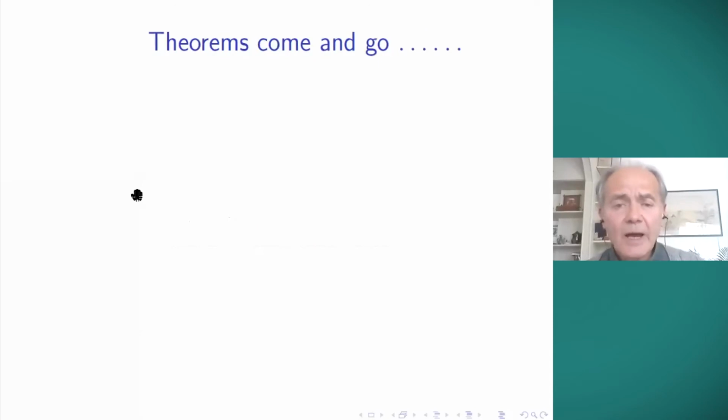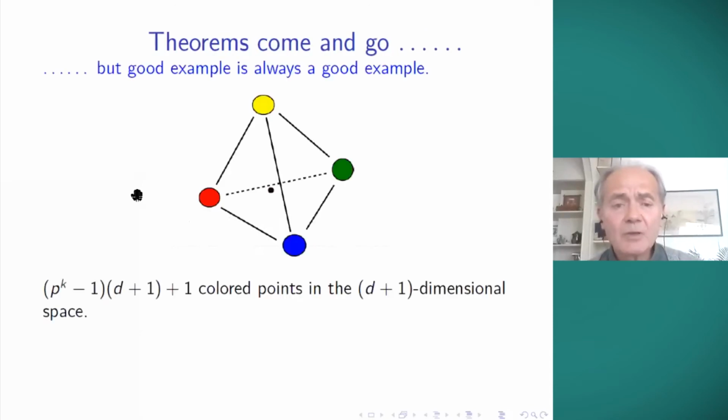By the way, here I remember that theorems come and go, but a good example is always a good example. That's a good saying. If you study mathematics and want to find motivation and understand better, it's a very good idea to try to understand one example and then another, and so on. While theorems may sometimes be difficult to comprehend, and sometimes they are improved, especially proofs are improved. Okay, so